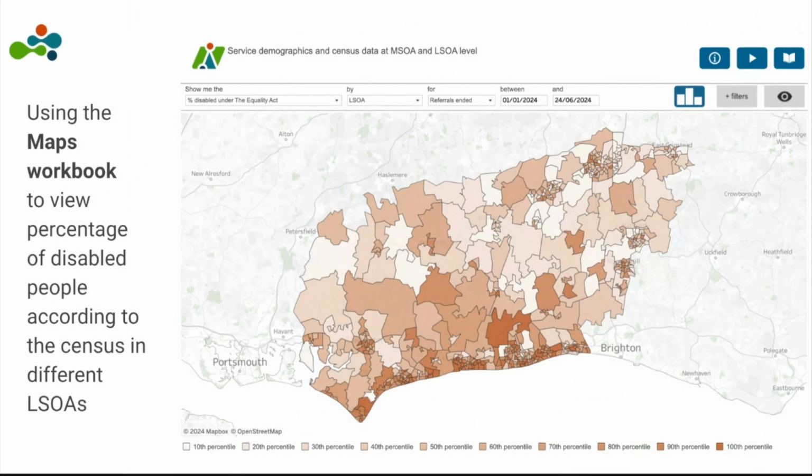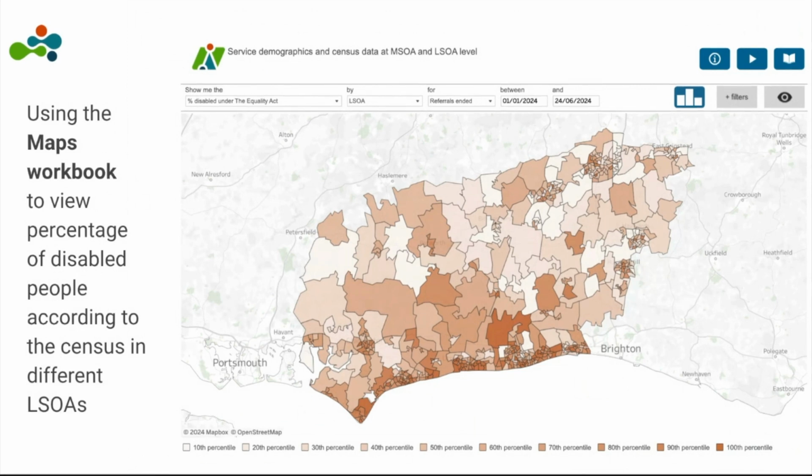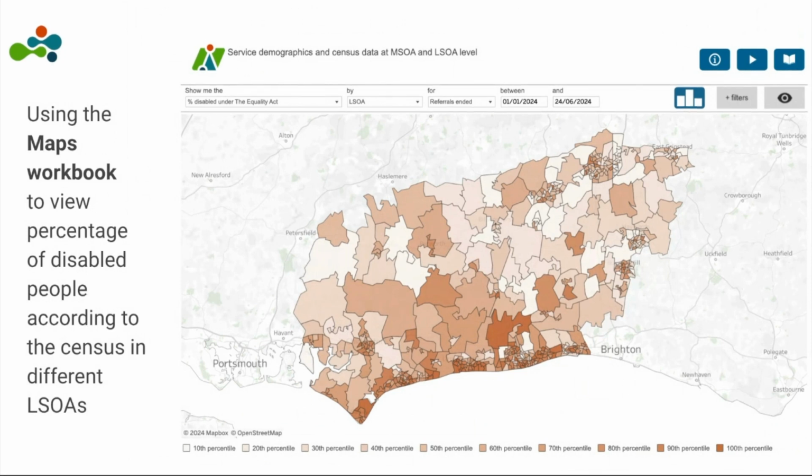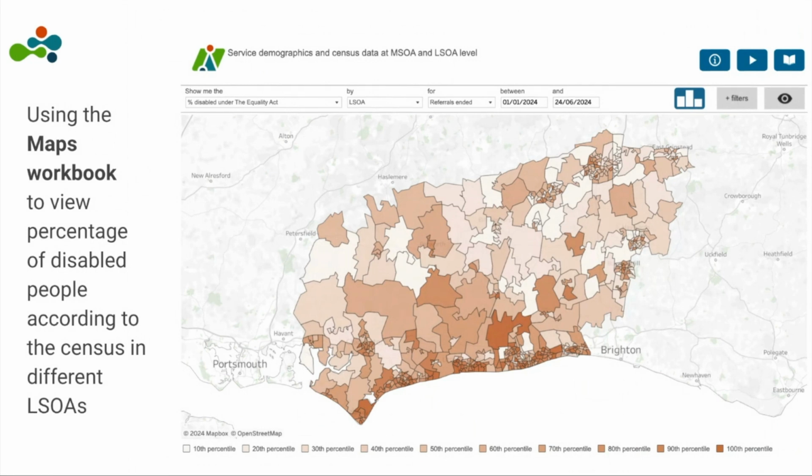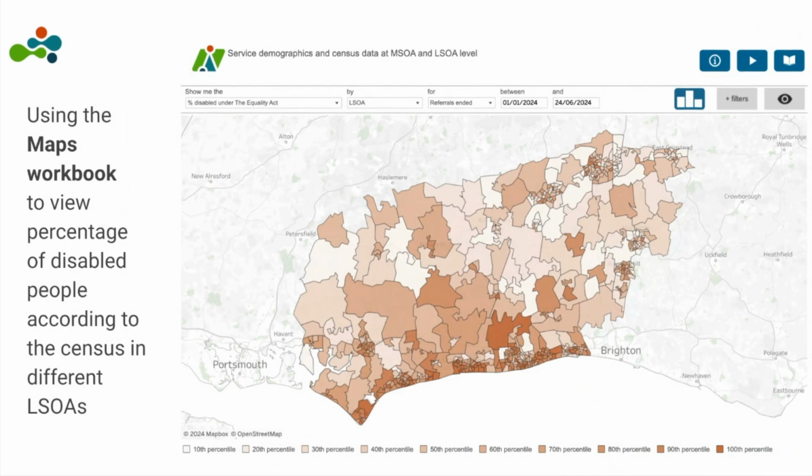The second part is that it's bringing in another data set as well. So it's not just looking at your patients and the volumes of them coming into the service and their outcomes. It's also bringing in census data, so you've got data available about the local population. Joining up those two data sets means you can get a better idea of perhaps groups of people who aren't accessing the service as much as you would expect them to, that kind of thing.